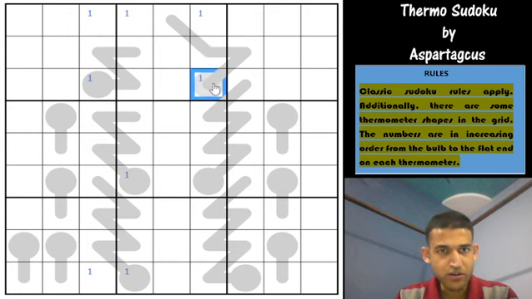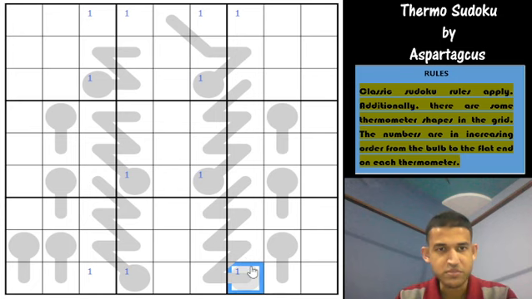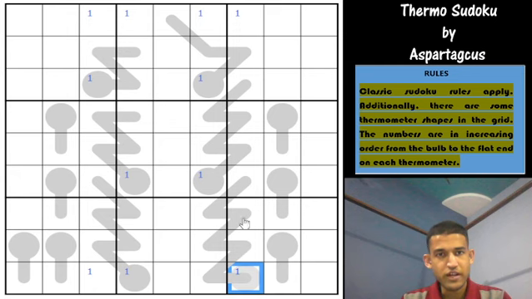1 can go here, 1 can go here, cannot be in the middle, so 1 goes here, cannot be in any of these cells. Now column 7, 1 goes here, 1 cannot be in any of these cells. All these are either the middle or the end of a thermometer, and where you can clearly rule out. The final cell for the 1 in this column is row 9, column 7. So if you quickly look, I don't think we can do anything meaningful from the position of the 1s here. So let us go with the 9s